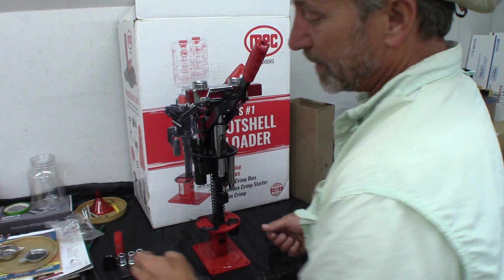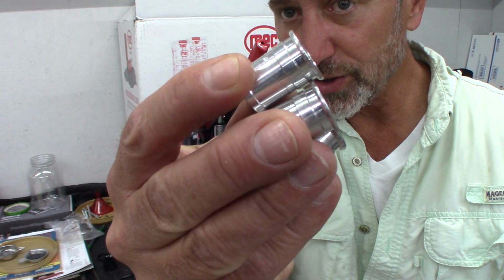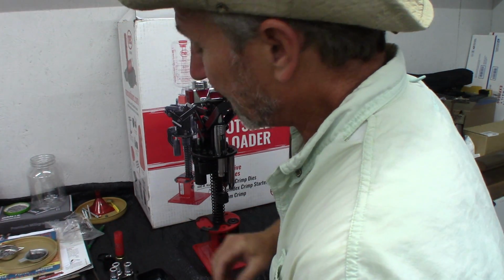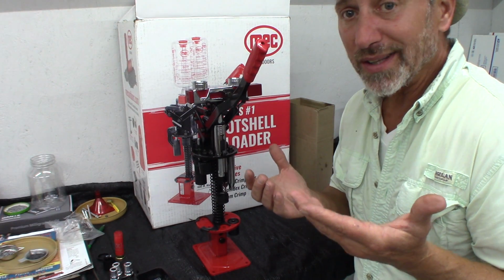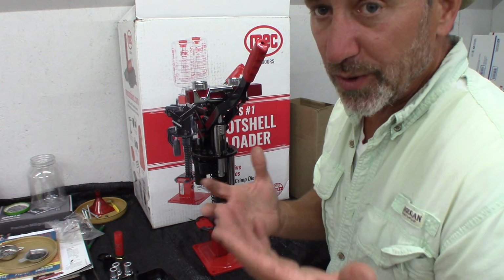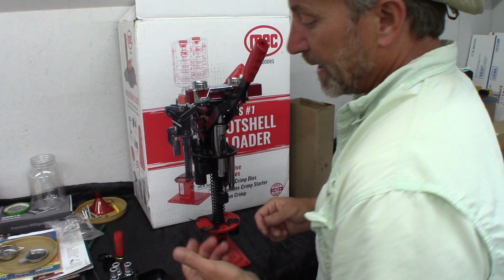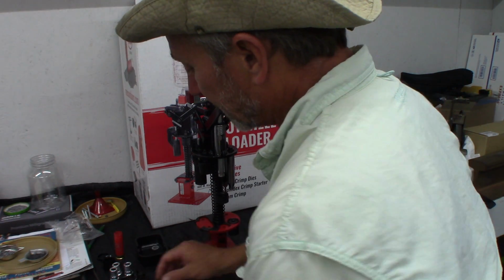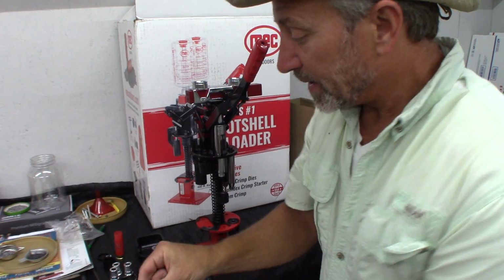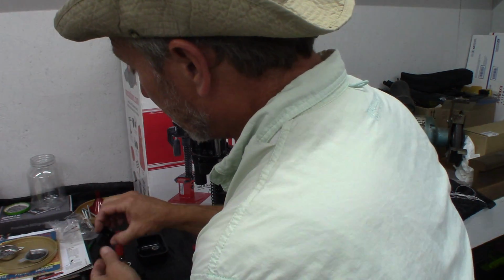That's it. It comes with 3 powder bushings, numbers 29, 30, and 32, and you'll learn what those are by looking at the instructions on what those numbers mean for your different powders that you measure in here. It also comes with 4 mounting bolts and wing nuts, and an Allen wrench. It comes with